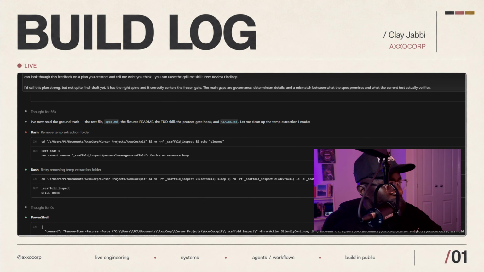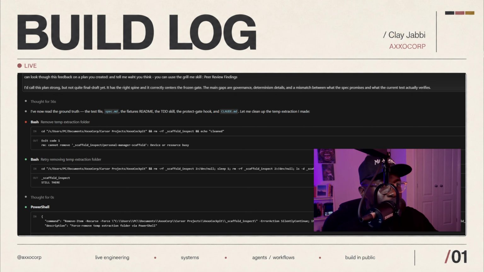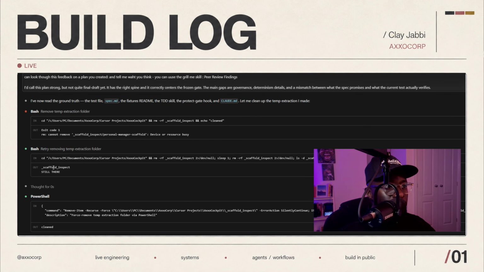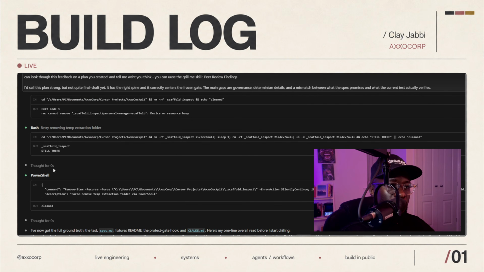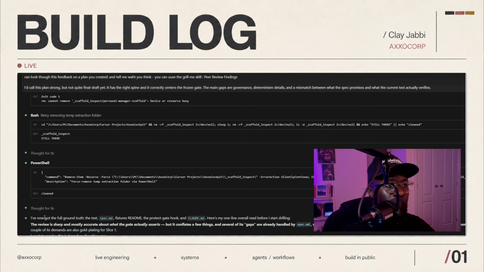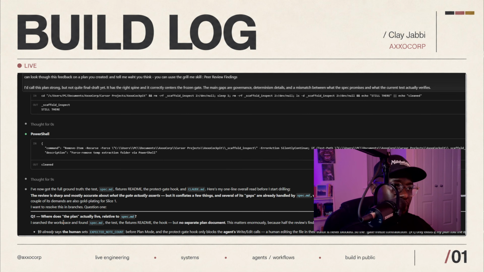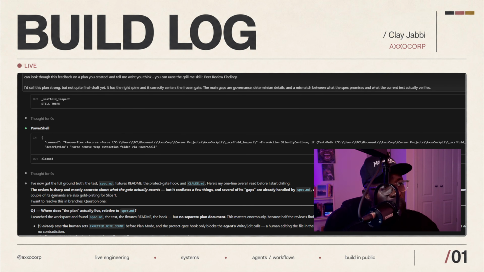Cool. So I'm just going through this peer review, and I want to see what the Claude agent thinks of the peer review that we've come back with, of its plan. Okay, cool. So its initial thoughts are, the review is sharp and mostly accurate about what the gate actually asserts, but it conflates a few things. And several of its gaps are already handled by the spec.md, but we have to remember that the spec.md is,